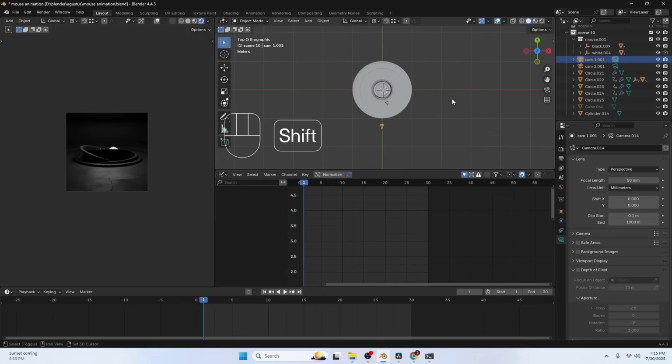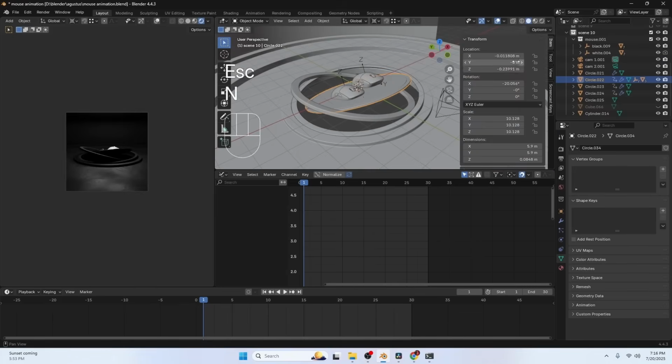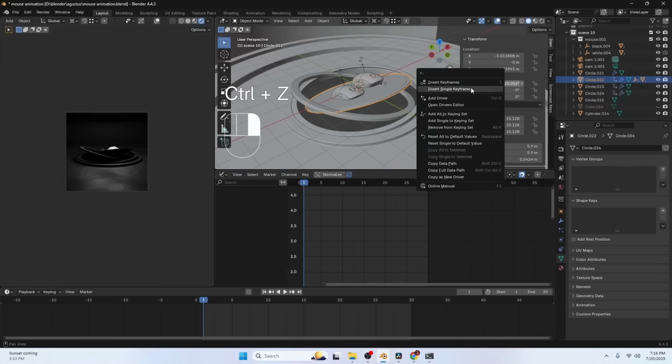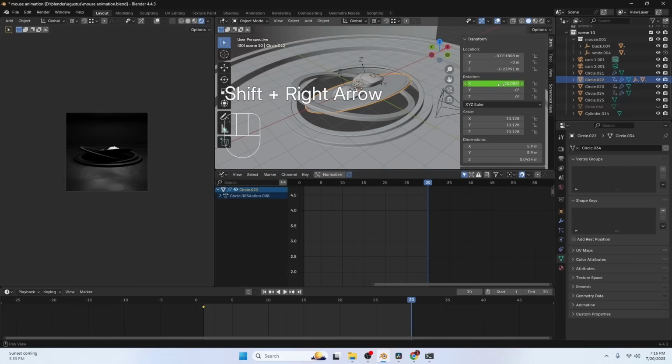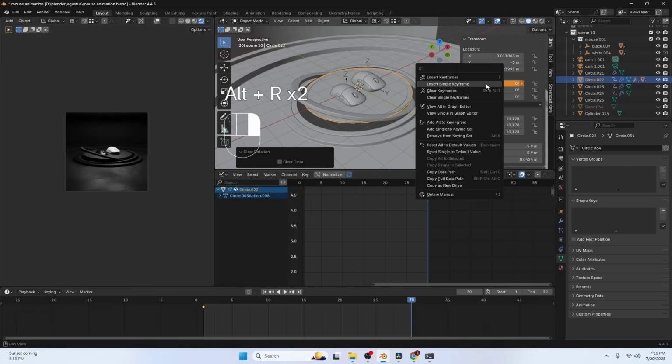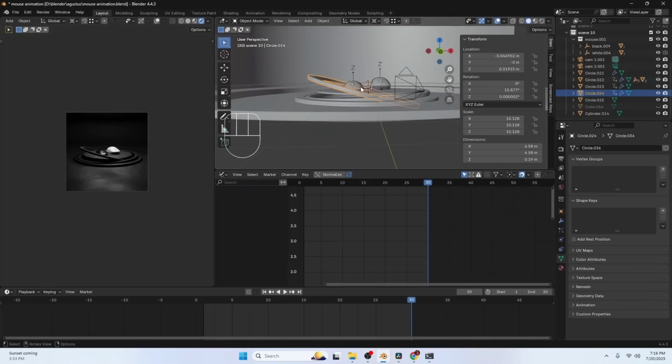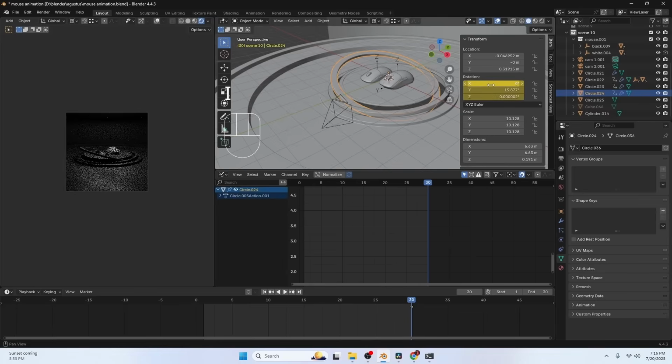Change pivot point to 3D cursor, then Shift S, cursor to origin, R to rotate. This object, press N, X rotation, right click, insert single keyframe. Go to the last frame, press Alt R, right click, insert single keyframe. And this one, rotation here, press I, insert keyframe, G, let's put it on the first frame, then press Alt